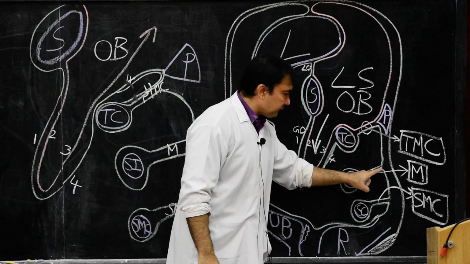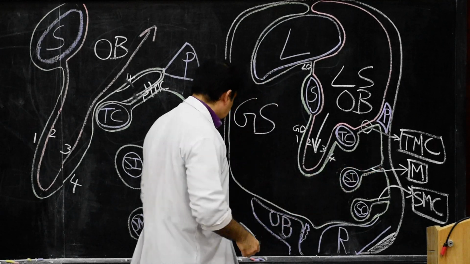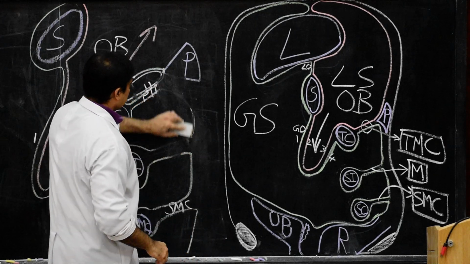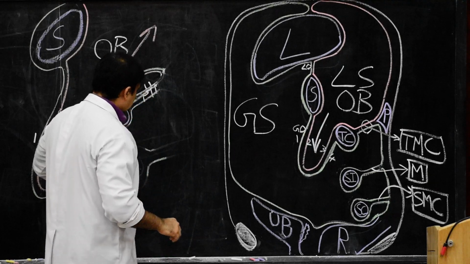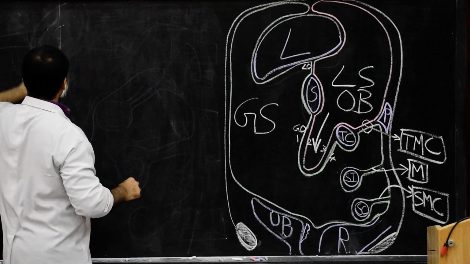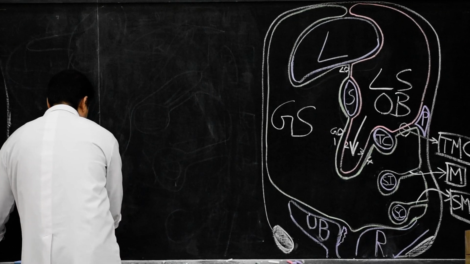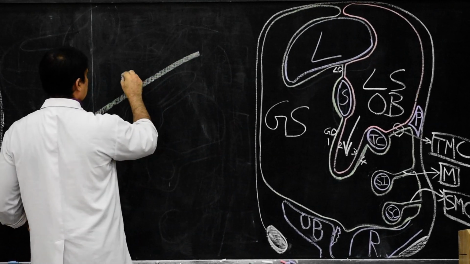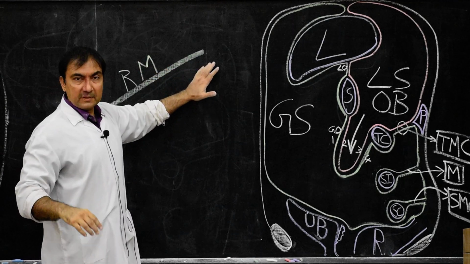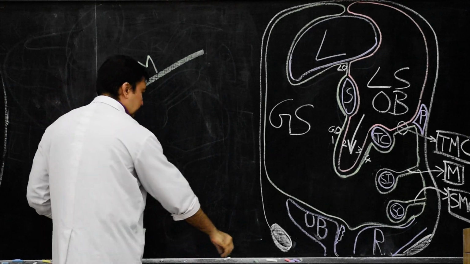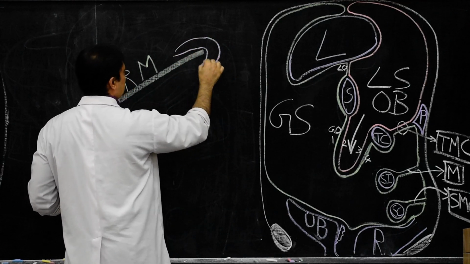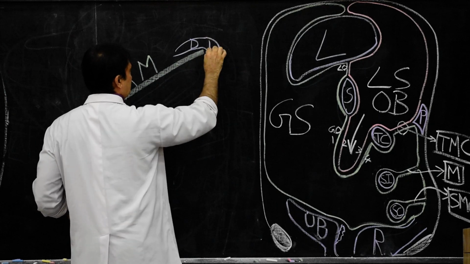Now, the root of mesentery. The root of the mesentery will be attached in an oblique line. If I show, this is the root of the mesentery, and here I write root of mesentery. It is attached in an oblique line on the posterior abdominal wall. From the left, it is attached at the duodenojejunal flexure. So here we can show that this portion over here will be the duodenojejunal flexure.